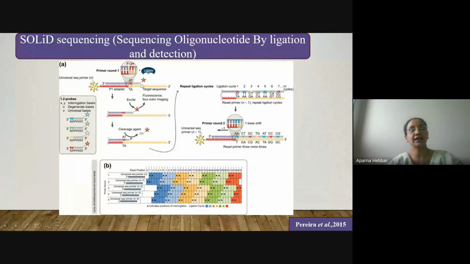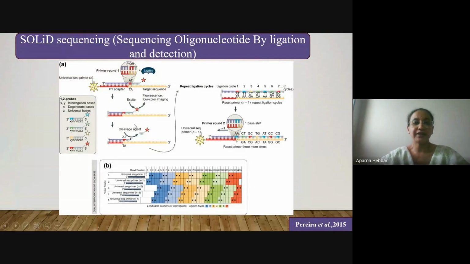And this is having the color, which is as per the dye base present over here. That means, for example, if AT is there in the initial two nucleotides complementary to the target sequences, then that color will be different. And if TT is there, the color may be different. If CT is there, the fluorophore color will be different. So this will be the